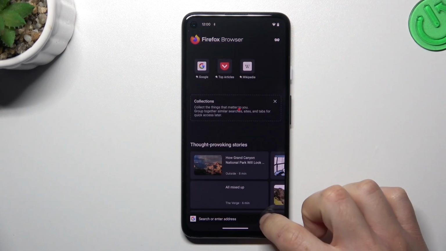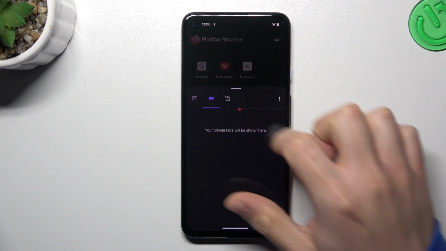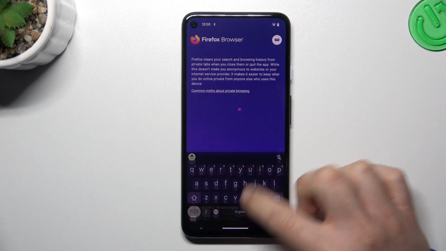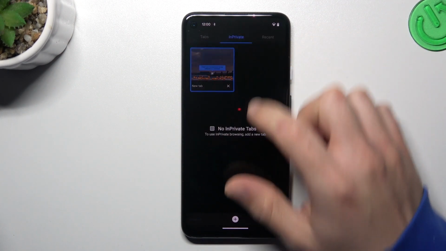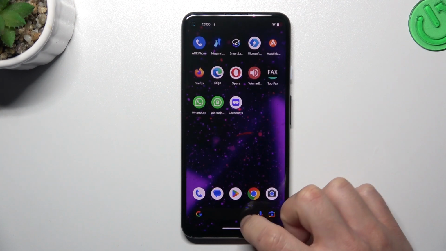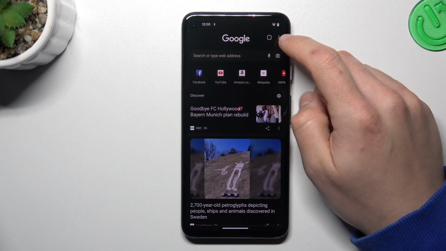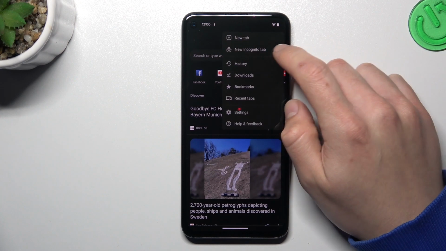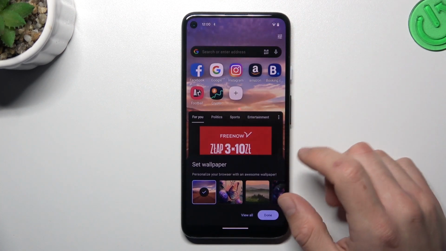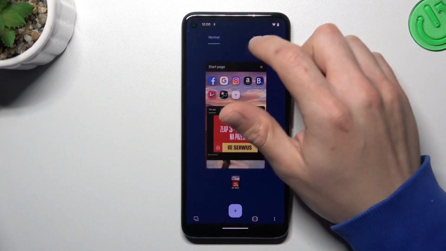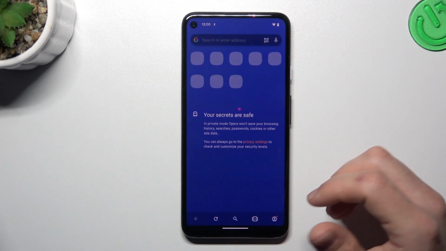If you have any website opened before, click on the tab icon, switch to private mask and click on the plus private. The next one, Microsoft Edge, click on the tab icon, switch to in private and click on the plus. Now the Google Chrome, click on the 3-dot icon or arrow icon and tap on the new Incognito tab. And the last one, Opera, click the tab icon, switch to private, click on the plus,